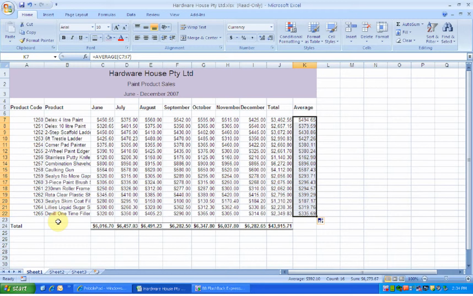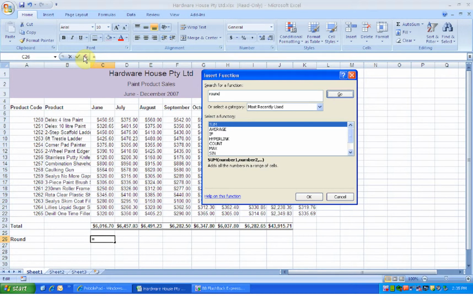Now the next function that we're going to use is called round. What the round function does is it rounds up the number to either nearest decimal places, or to the nearest $10, or to the nearest $100, or to the nearest $1,000. In this case, we are going to round it off to the nearest $10. Now, if you wanted to round it off to no decimal, you use 0. Okay, let me go into the function fx,